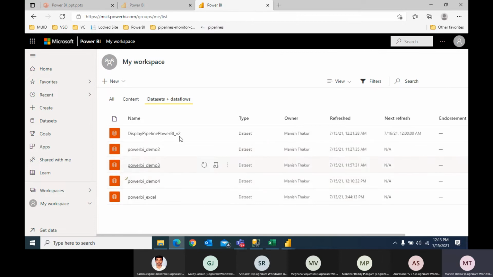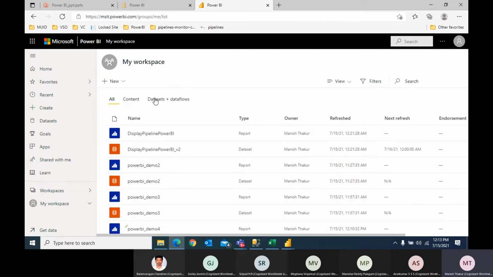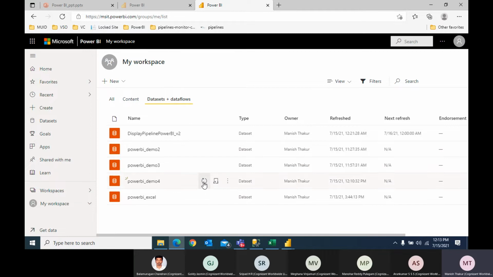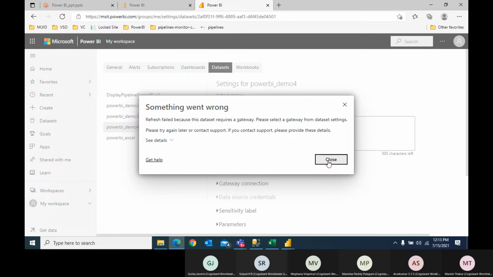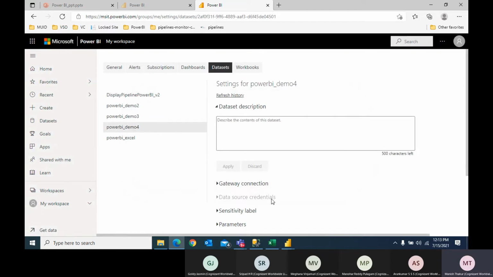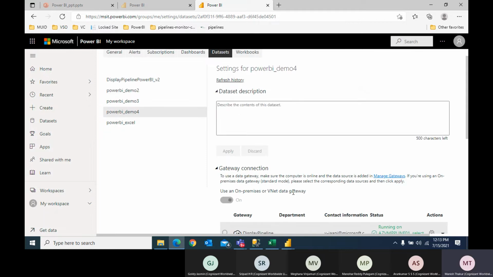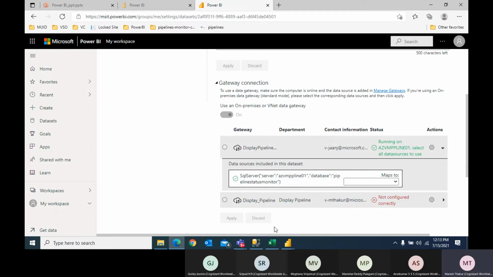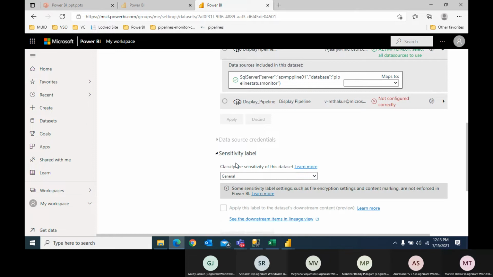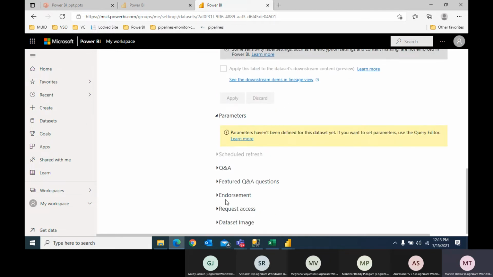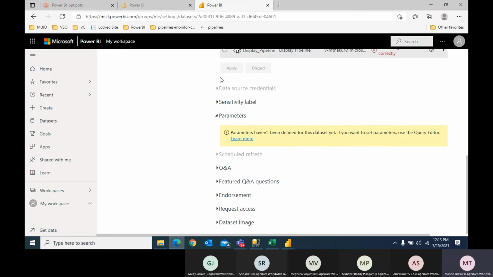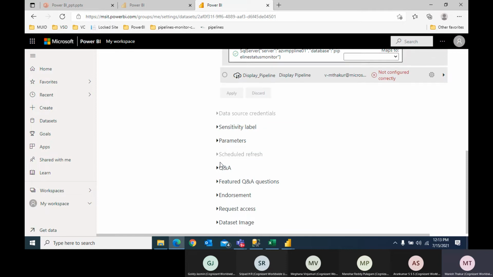Sometimes, if your dataset is a database type, you can click on the refresh button, and it will do an automatic refresh. Now it is connected here, with sensitive parameters and parameter details. The main thing is schedule refresh.